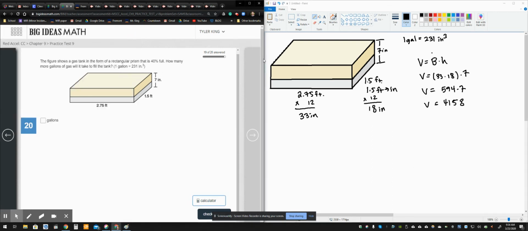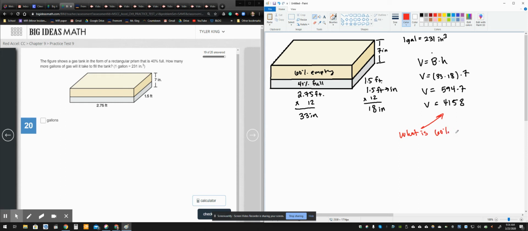Now, a couple things that we need to remember here. We're looking for how much gas it will take to fill the tank, and we already know that it is 40% full. Well, if it is 40% full, that means that it is 60% empty. And if it is 60% empty, then we can add in another 60% of the tank. So what we need to do is find what is 60% of